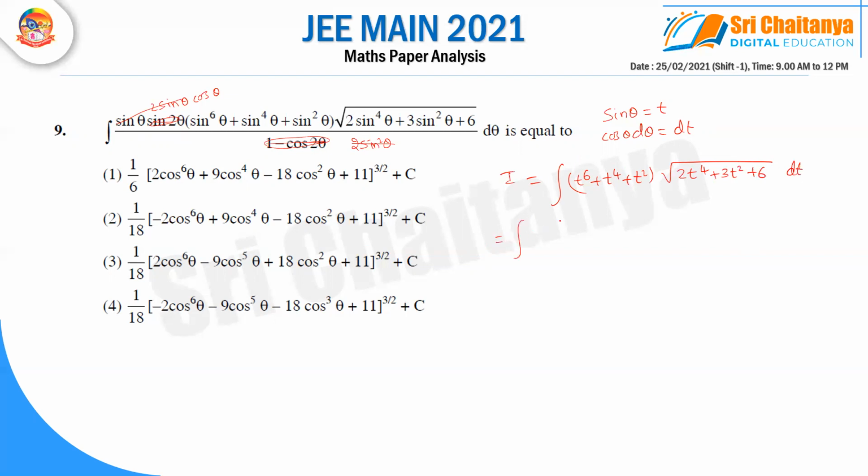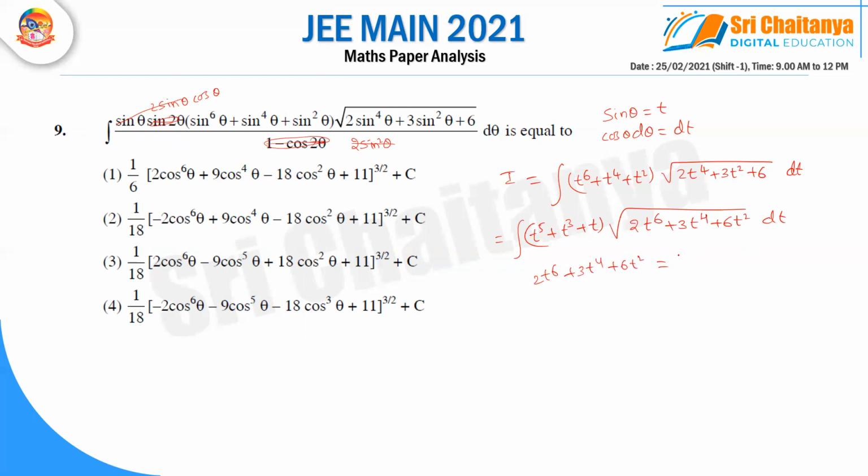I'm sending one t inside. Why? Because I'm not getting any exact differential. So I will be getting it as t power 5 plus t cube plus t into root of 2t power 6 plus 3t power 4 plus 6t square dt. If you see properly, whatever the term is there under the square root, if I'm putting it as some k, this will be dk. So 2t power 6 plus 3t power 4 plus 6t square equal to, I am substituting